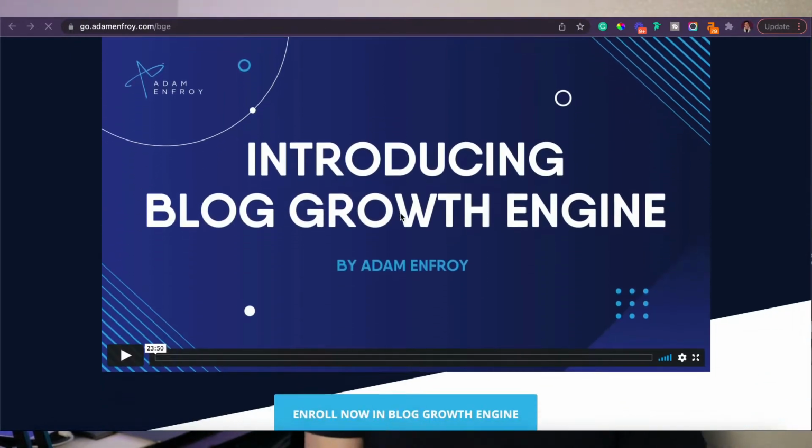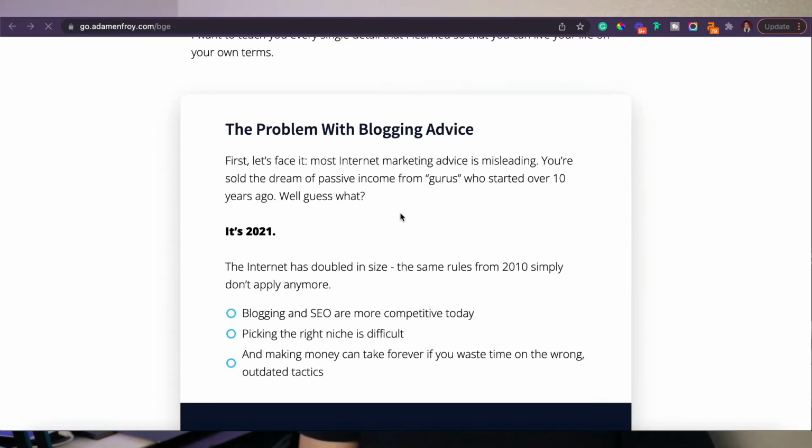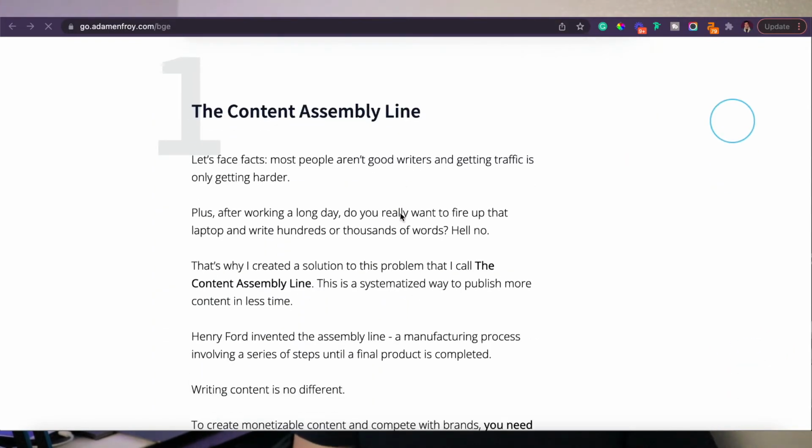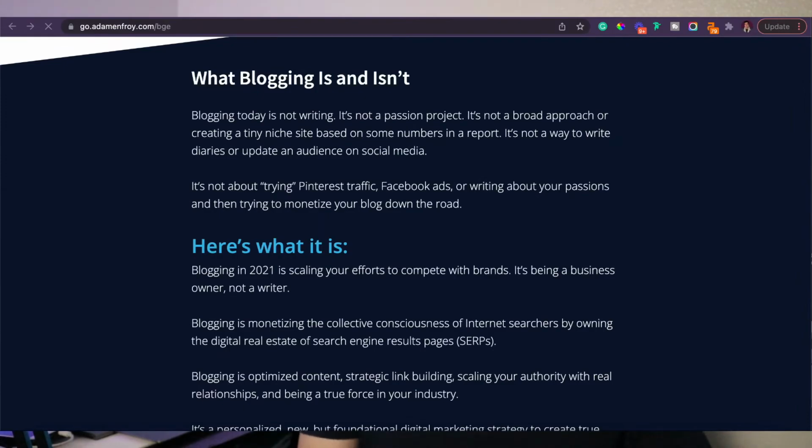I ended up buying a course from Adam Enfroy, which is called the Blog Growth Engine program. Now, this is a course that's honestly pretty advanced, and it teaches you how to start a blog from scratch, and it goes through the entire A through Z process. This course allows you to start a blog and rank your pages on the first page of Google using tools